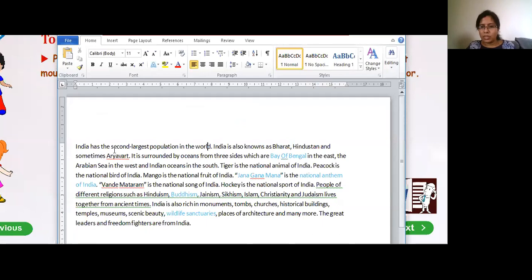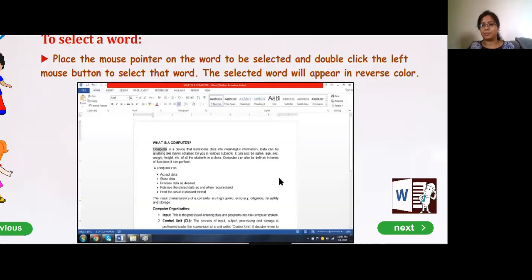So I click on India, then double click, and it gets highlighted in blue. So to select a single word, you bring your cursor to that word and double click. I want to select Bharat here, so I click here and double click, and Bharat has got selected.